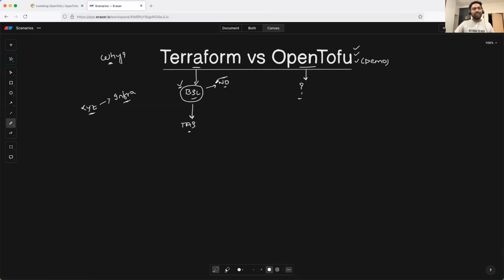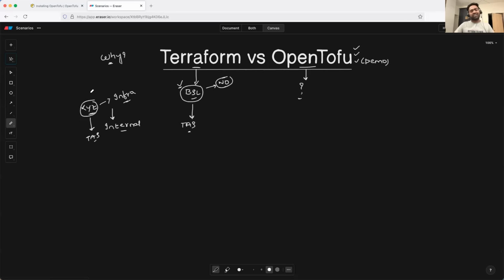Short answer is no. You are not impacted because you are using Terraform only for your internal purpose. As long as you use Terraform to create your dev, stage, even your production environment, you are not impacted. Only if your company XYZ decides to sell Terraform as a service to your clients, to your customers, then you're impacted because of this licensing change.